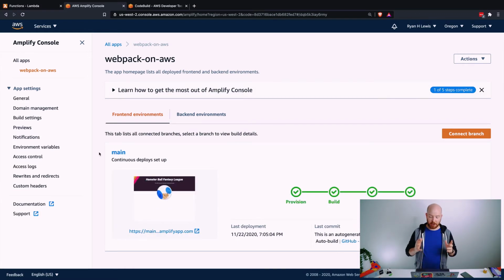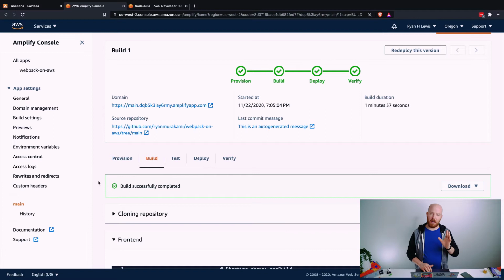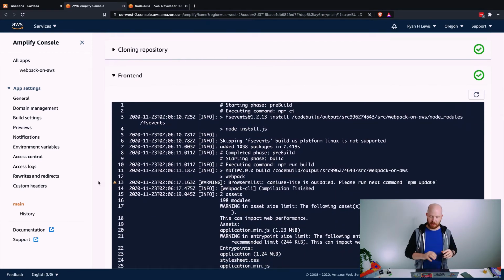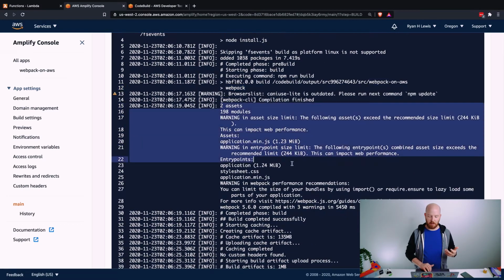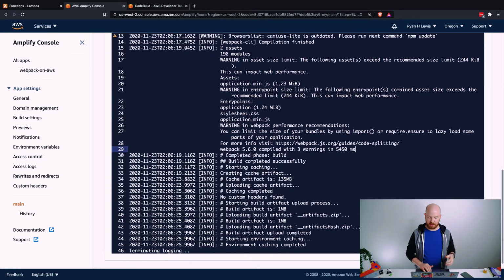So Amplify is finished building and deploying the application. It happened really quickly. Sorry, I had to skip the video ahead. But I wanted to show you a couple things here. The build step, you can look in here. Amplify looks at front end and back end as completely separate build steps. So it kind of puts this in the front end side. But you can see here, when we run our npm run build, it's running Webpack, and you can see all of the nice Webpack output warning me about my package size, unfortunately.